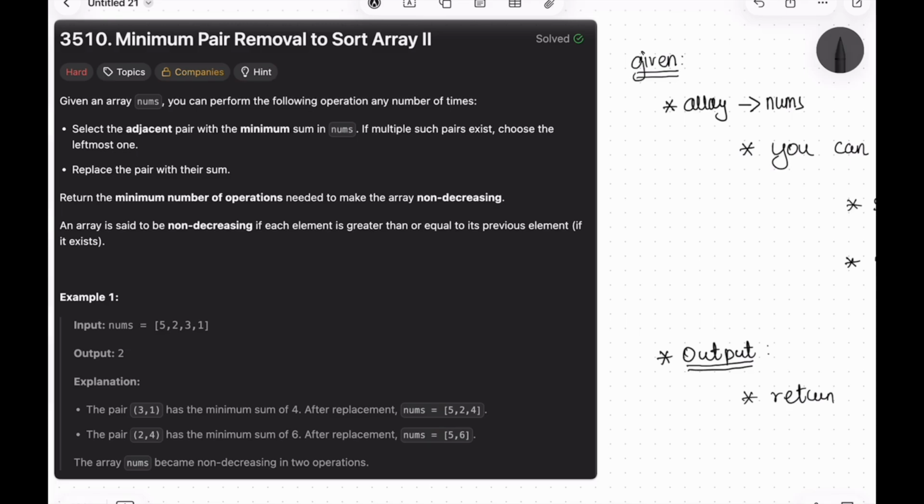Hello all, today we are solving LeetCode problem number 3510, minimum pair removal to sort array part 2. This is very much similar to part 1 which we solved yesterday, but the only difference is the constraint. We have numbers ranging up to 10 power 5, and the numbers can be from minus 10 power 9 to positive 10 power 9. Because of this, we cannot follow the same approach which we did yesterday to solve this